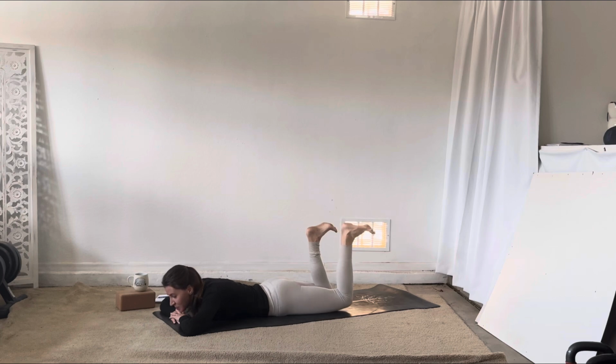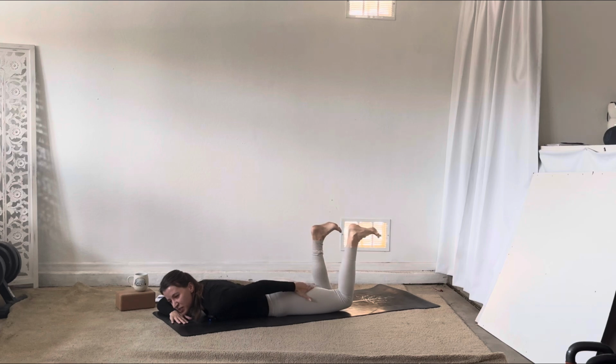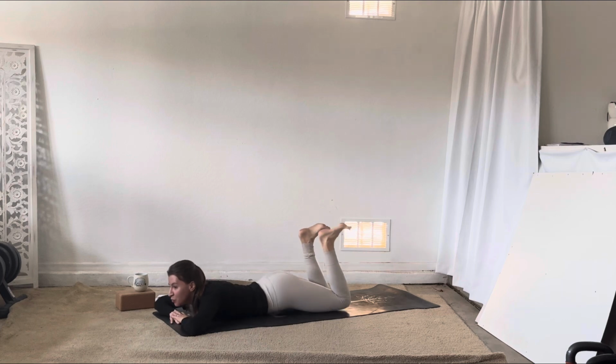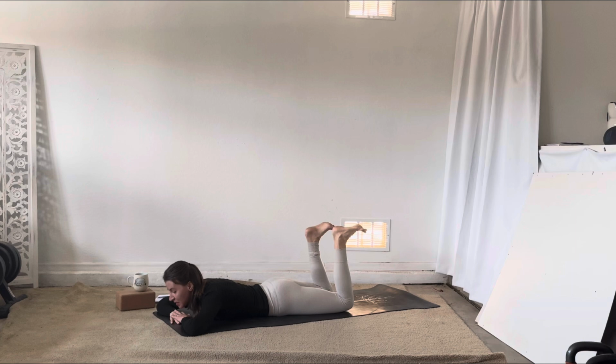So we're creating space in between the mat and our thigh on the left, using our glute and our hamstring to initiate this movement completely. I guess our hamstring isn't really working here, not too much, but our glute is doing a lot of work. We are not moving from the back. So I'm not pressing down into my right knee. I'm keeping that pubic space glued to the